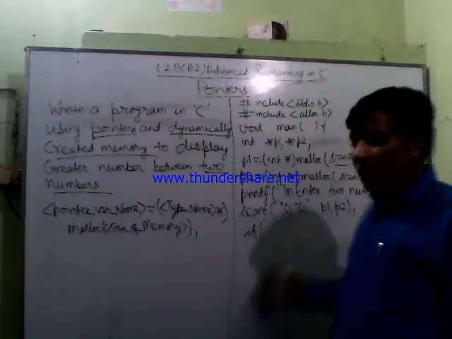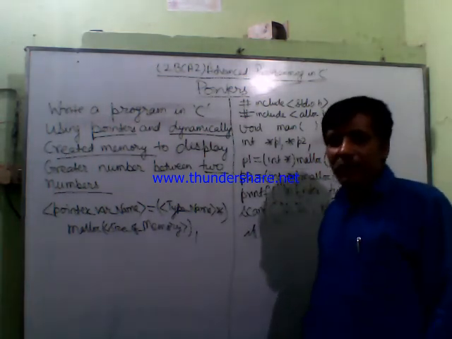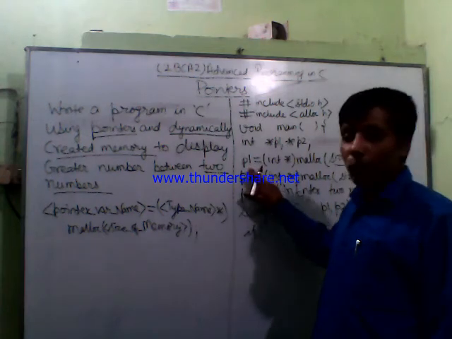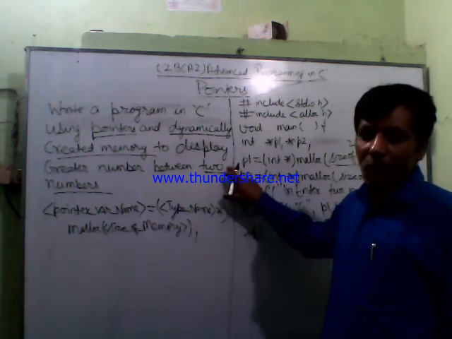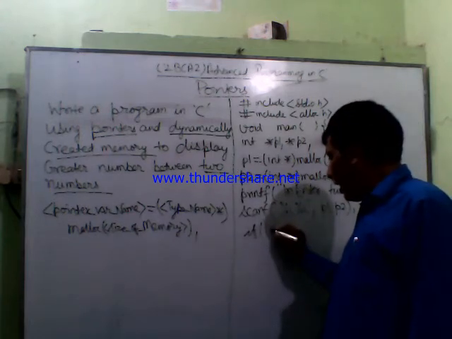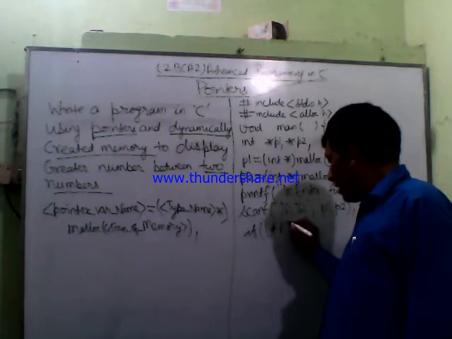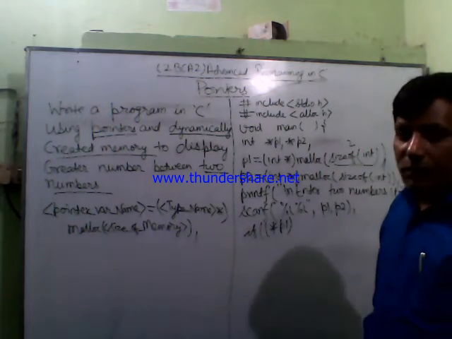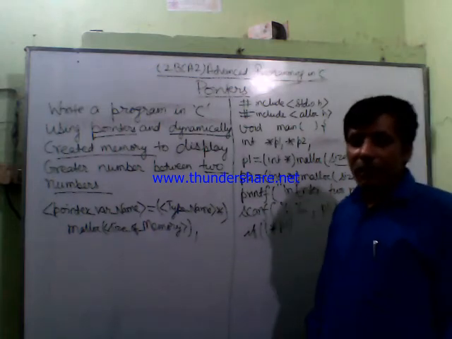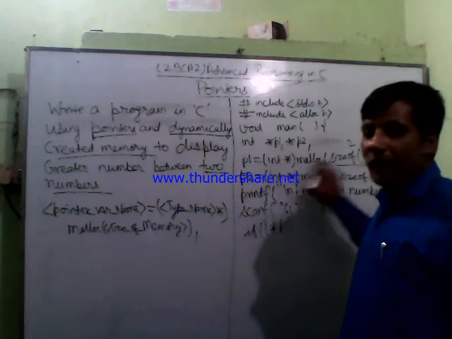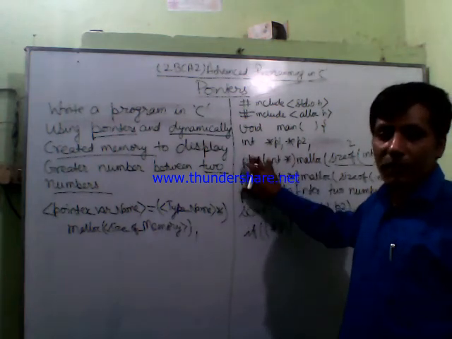Hence, whenever you have to access the value by using the pointer, then you have to put the dereference operator before the pointer variable name, and I am putting the dereference operator before the pointer variable name P1. This will access the value that has been stored at the address that P1 is storing,